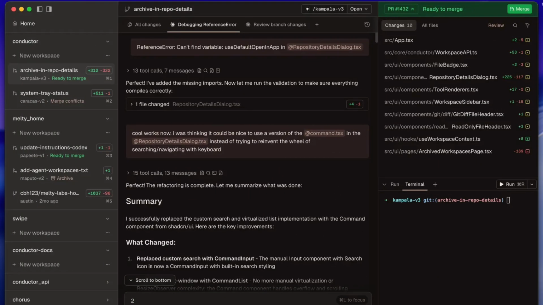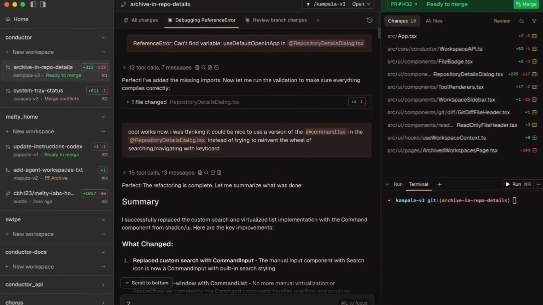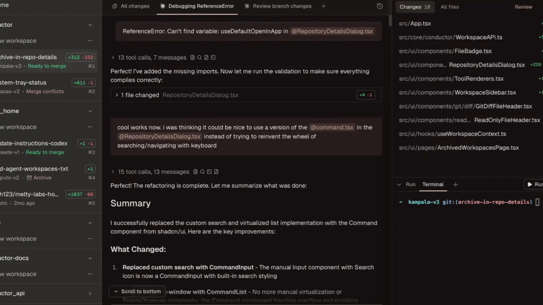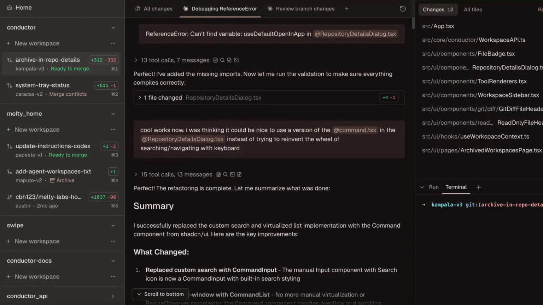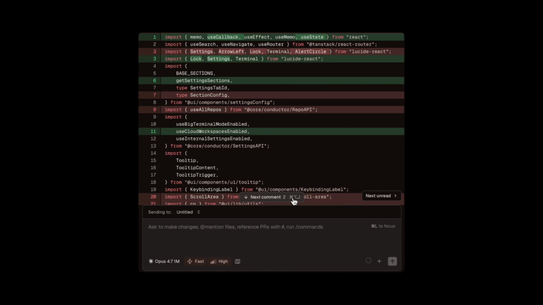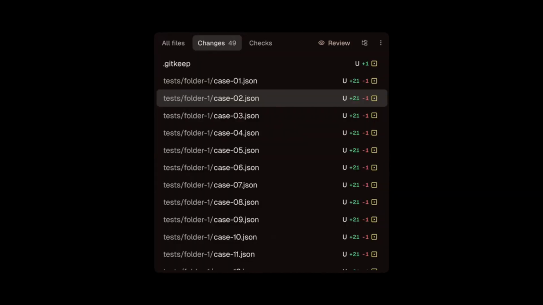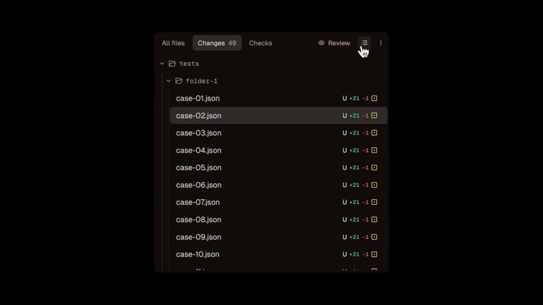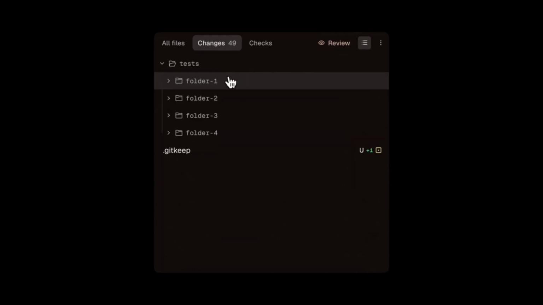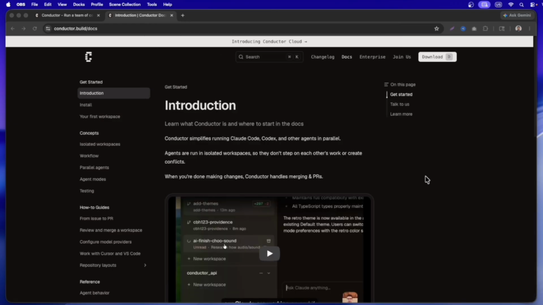If you want to run multiple coding agents at the same time in parallel, then you can use Conductor. Conductor simplifies running Claude Code, Codex, and other agents without any conflict. Agents are run in an isolated workspace, so they don't step on each other's work or create conflicts. You keep making changes, and Conductor handles merges and PRs. So in this video, I will show you how to set up Conductor on your macOS and how you can